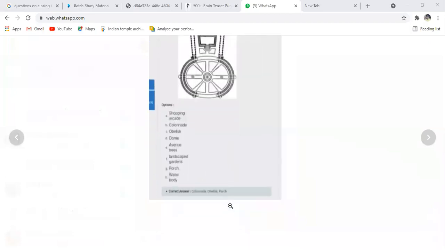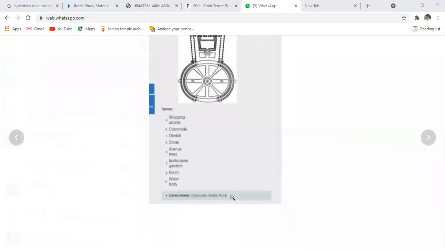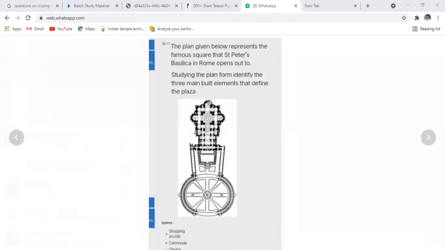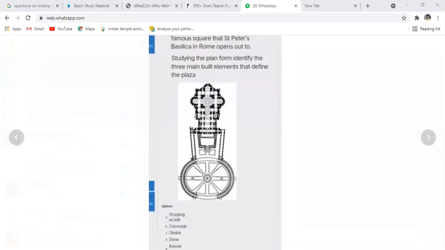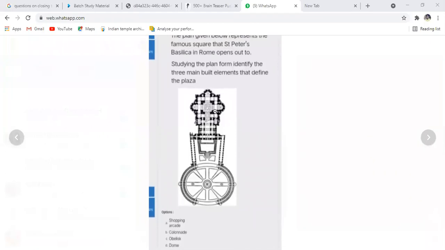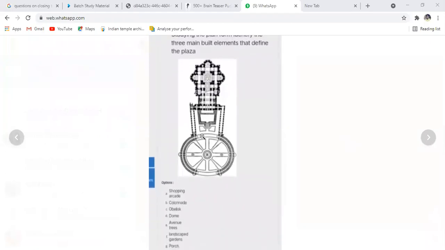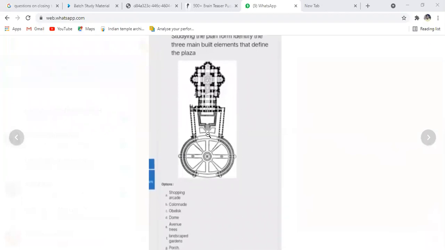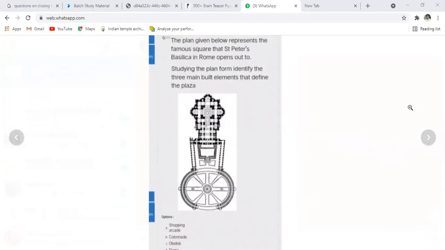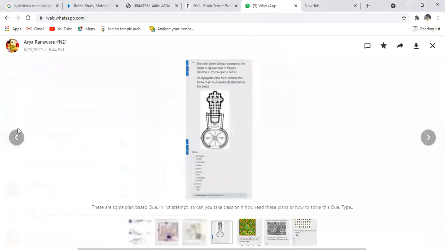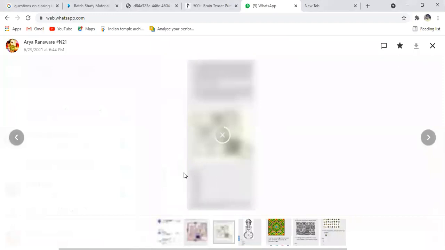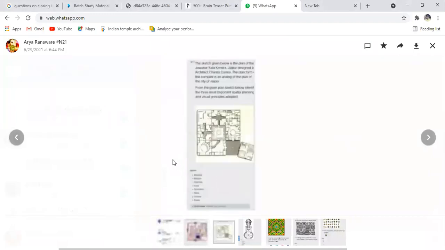Now they also call it a porch, because the entrance part is mainly composed of some trees along with a sitting area and an entrance path. So this is what is known as a porch. These are some terminologies that you need to go through, which we have taken through in your previous classes. We have shared the study materials with you. Once you have been through these things, you will be able to answer this.